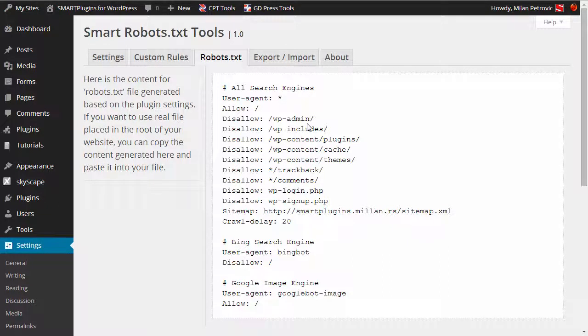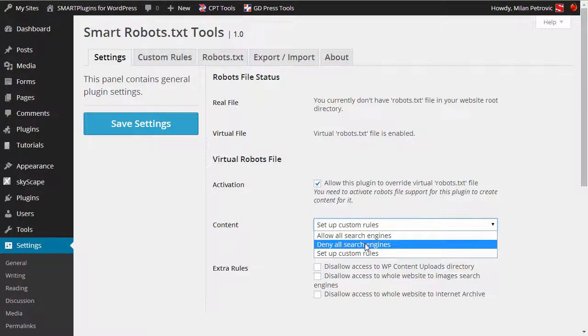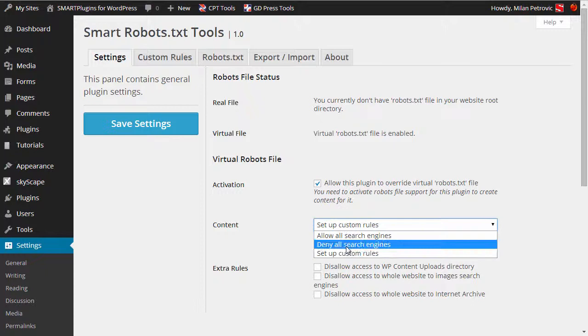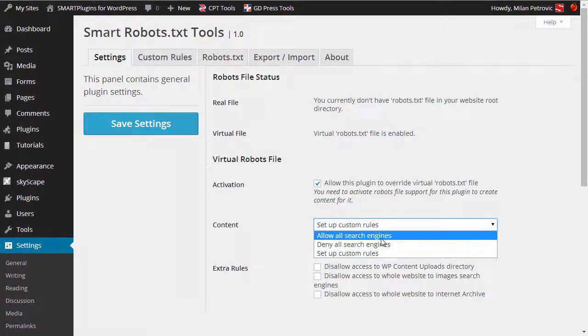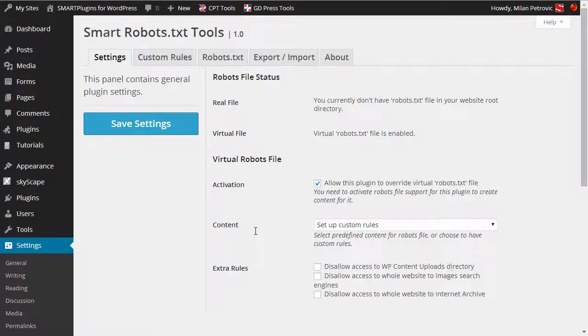As for locking out your website, here are two basic rules. If you set it to deny all search engines, you will practically lock out your website from any of them. So if you make some changes to the visibility of your website, always make sure that you allow all search engines, or set up custom rules that will allow access to